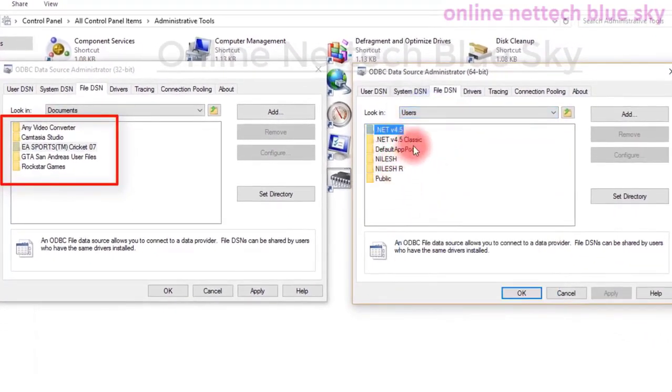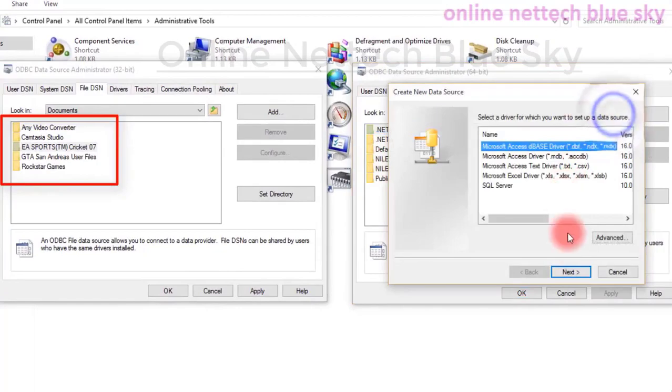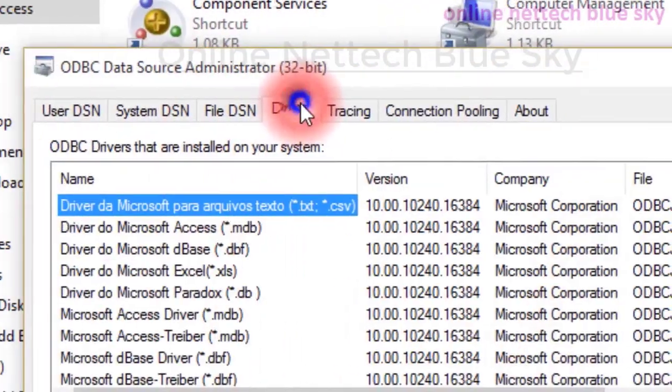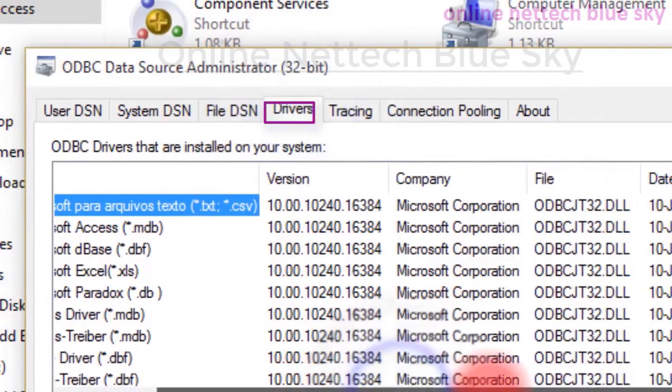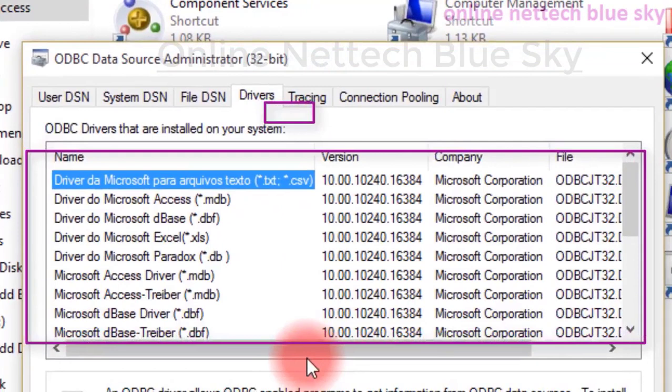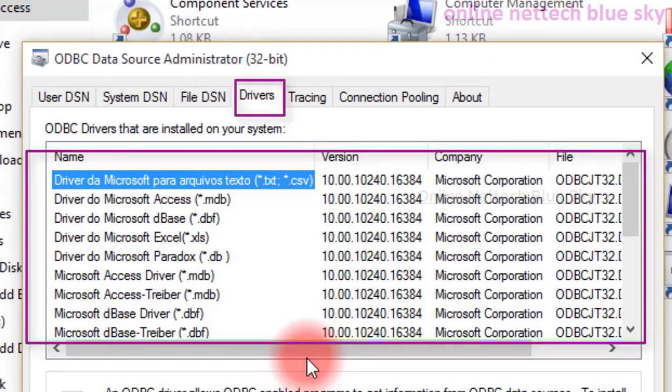So 32-bit inside 64 works with different types of files, folders and services, but the main one is 64-bit, because all my drivers are installed there. You can see the drivers for my different types of devices, such as Excel, Paradox driver, Access driver, Microsoft dBase drivers. Without a driver you cannot make your devices work, such as your mouse, mic, camera, keyboard, CPU, anything. Without a driver you cannot work.